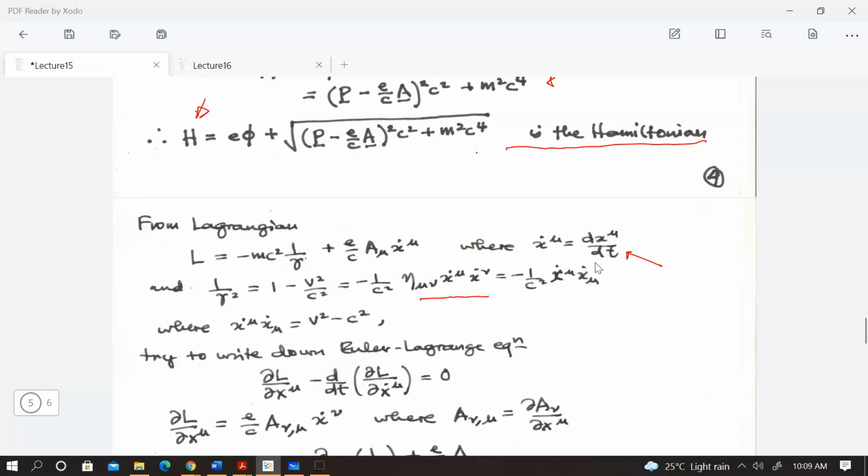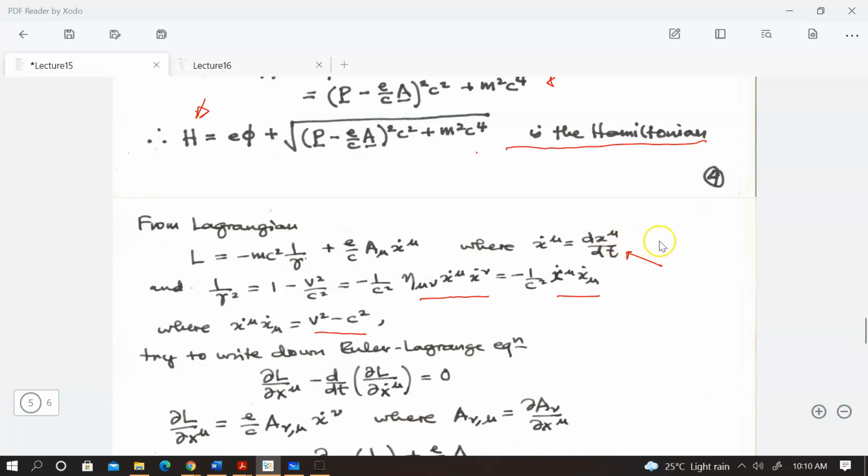So this will actually define your velocities, one of them as a contravariant vector, the other one will be a covariant vector. Okay, just think of your metric tensor here as lowering your index. Okay, and your x dot mu will just give you v squared minus c squared, and then that actually checks out with this thing over here. Okay,